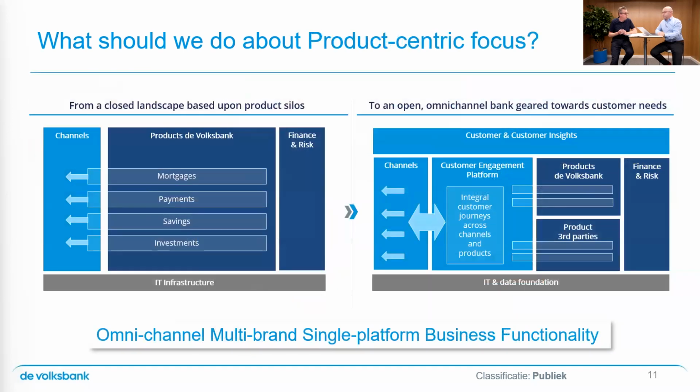Product centricity is now the focus, but you want to change that. Yes. So when product centricity is a concern and you want to become more customer centric, on the left-hand side of the screen, it's a product-centric approach. On the right-hand side of the screen, it's a customer-centric approach. And what you see is that the lines of products are not connecting to the customers anymore in the channels at the left-hand side. So where the product silo would deal with the customer directly, on the right-hand side you see that this connection is no longer there, and something popped up in between, which we called integral customer journeys across all channels and all products.